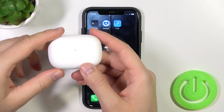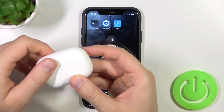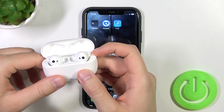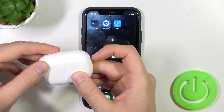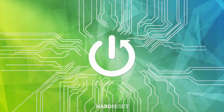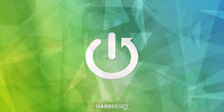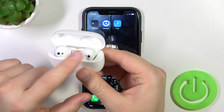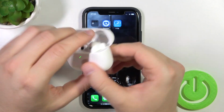Hello, in this video I'm going to show you how you can pair Honor Buds 3 Pro with any iPhone or iPad. So to do this, you have to firstly put both earbuds inside this charging case, then open this cover, and